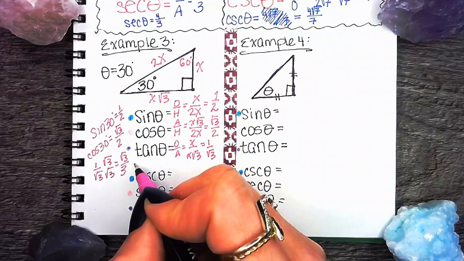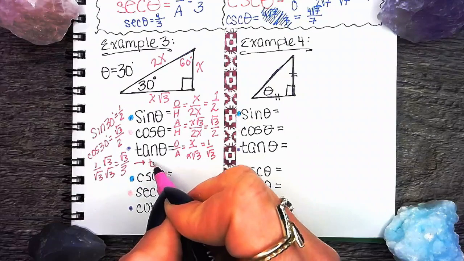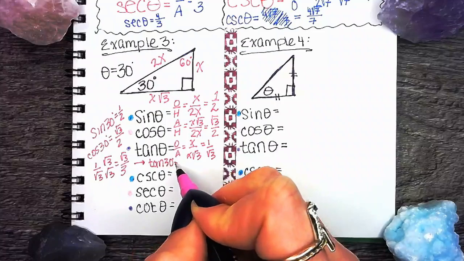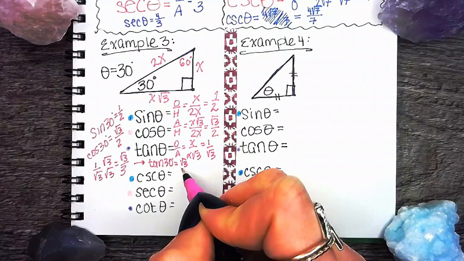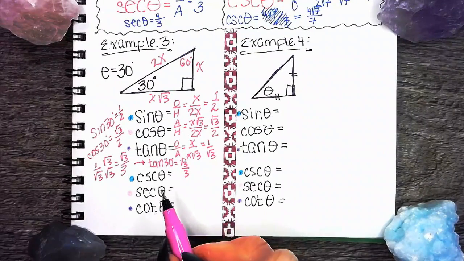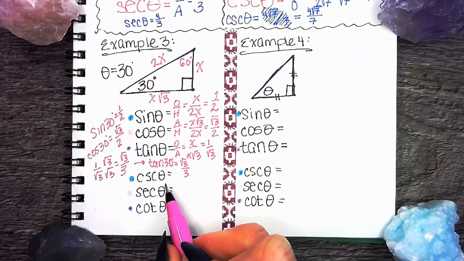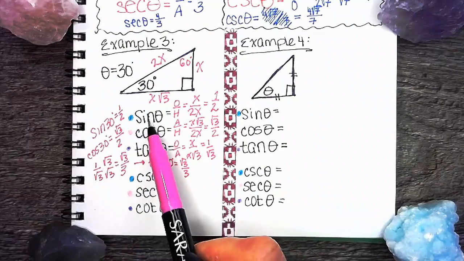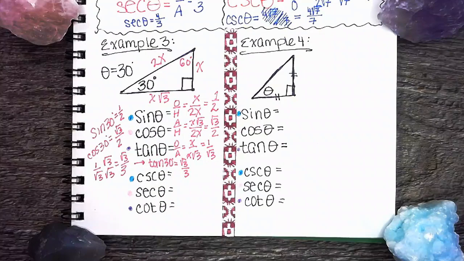Apologies. So, conclusion, tangent of 30 degrees equals square root 3 over 3. I actually just remembered I forgot to highlight those answers from earlier. Now, we are left with the 3 reciprocal functions. I'm going to do this the short way. Since we know that these answers are all correct,